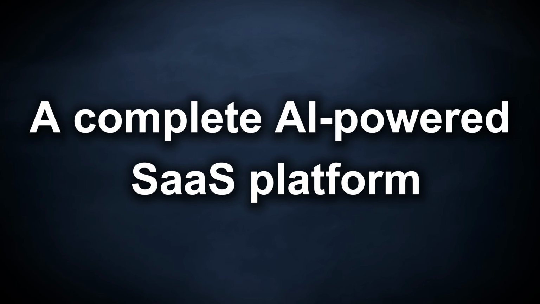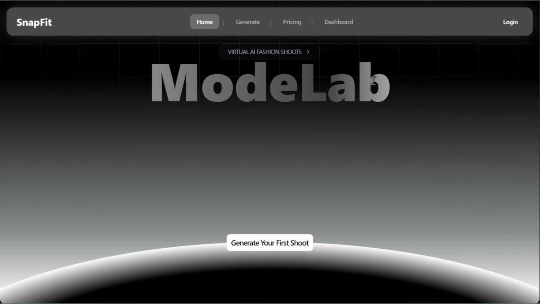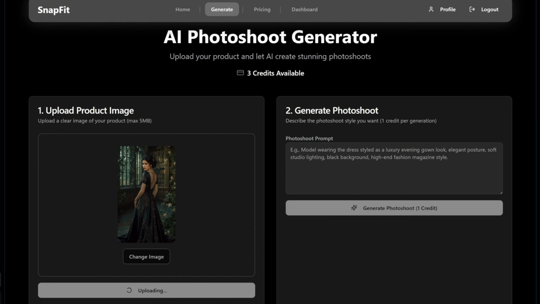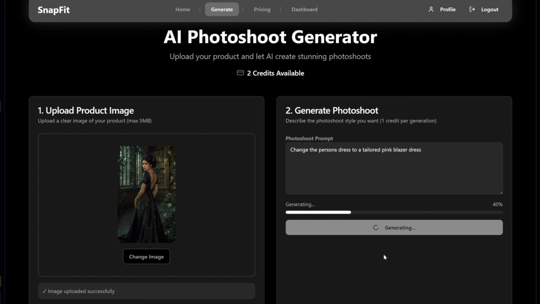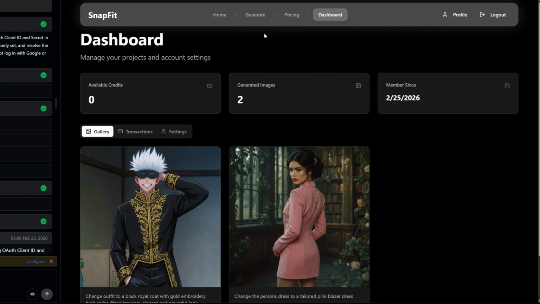What if you could build a complete AI-powered SaaS platform without writing thousands of lines of code? A platform where e-commerce brands can upload a product image, press one button, and instantly generate professional AI photo shoots with different outfits, styles, and marketing visuals. Well, in this video, I'm going to show you how we can build that entire platform from scratch using Zoer